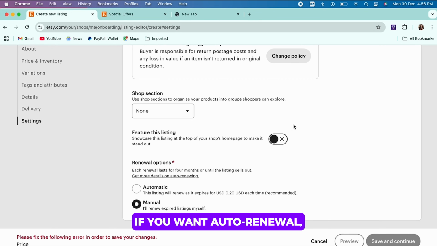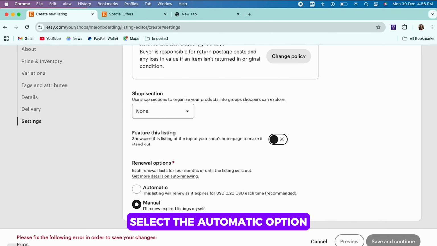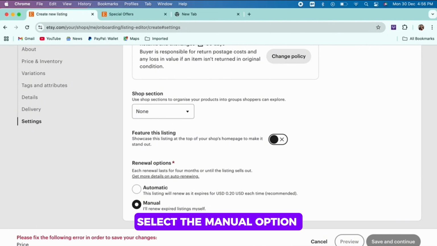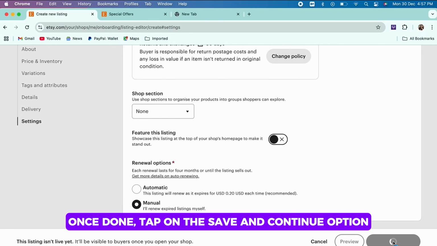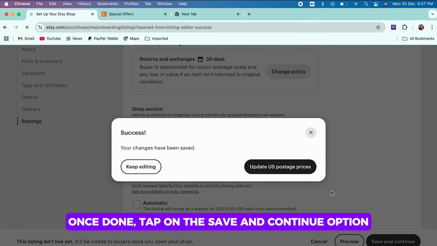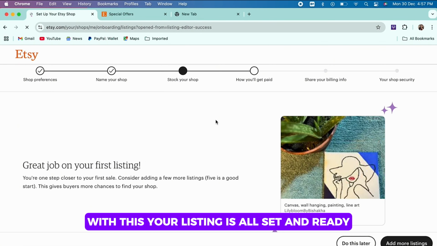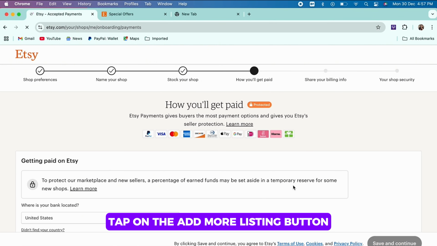And if you want auto renewal, select the automatic option, and if you do not want automatic renewal of listings, select the manual option. Once done, tap on the Save and Continue option. With this, your listing is all set and ready. If you want to add more to your listing, tap on the Add More Listing button and you will be